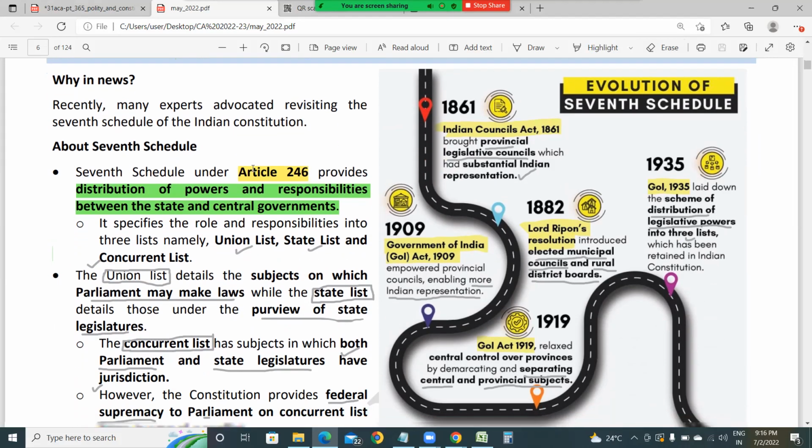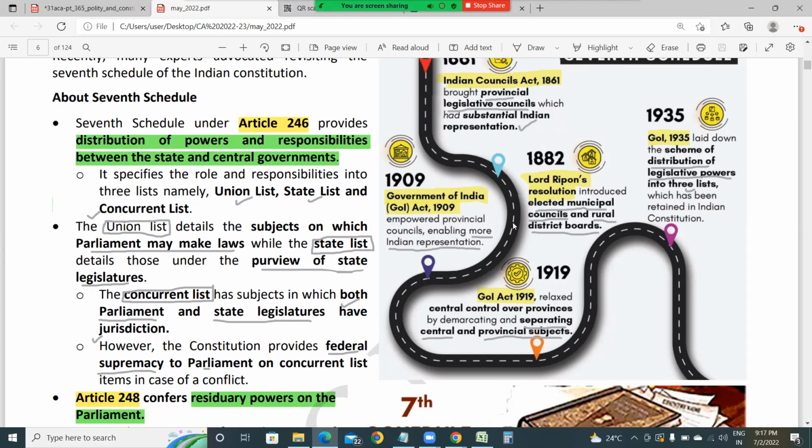Let's see the evolution of seventh schedule. Where does this start or originate? In the Indian Councils Act of 1861, it brought provincial legislative councils, and it had substantial Indian representatives. In 1882, Lord Ripon's resolution introduced elected municipal councils and rural district boards. In 1909, the Government of India Act 1909 empowered provincial councils by enabling more Indian representation. And in 1919, the Government of India Act 1919 came, which relaxed central control over provinces by demarcating and separating